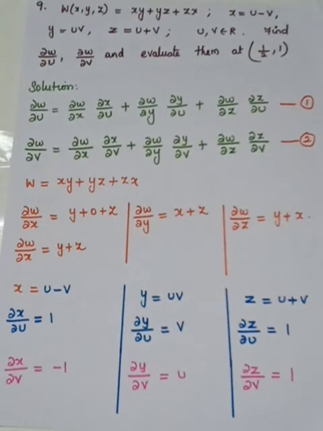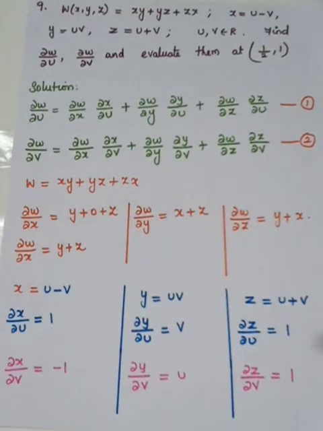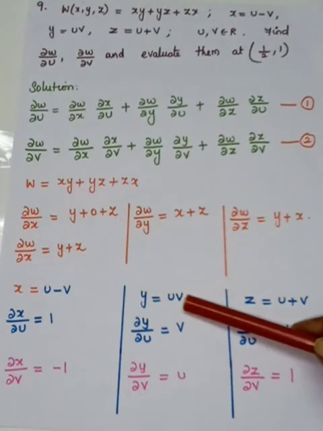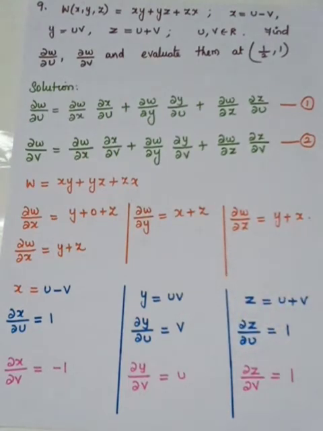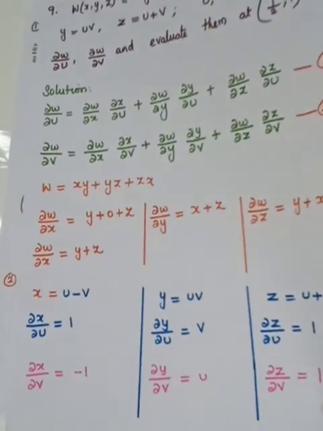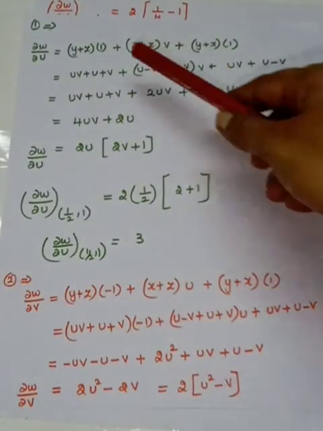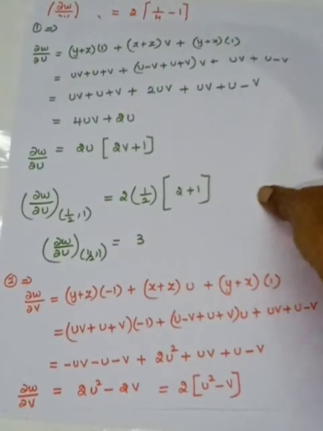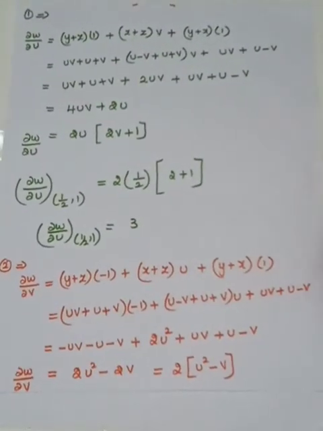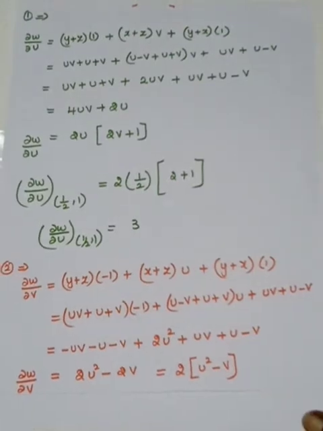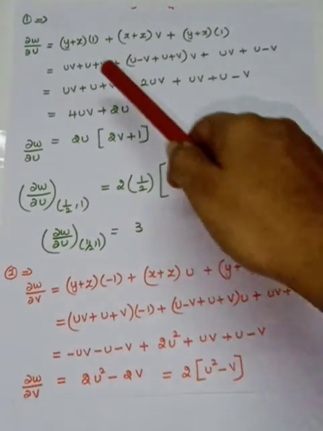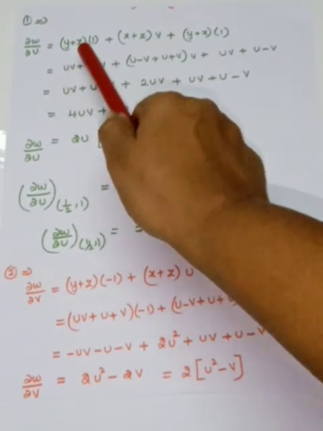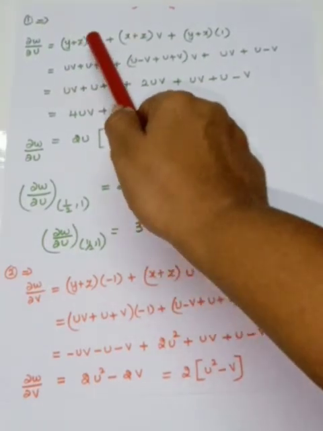So you have to be careful. The first, x and z, are addition and subtraction, so you have to go to each term separately. Here it's a product, so first you have to take the constant out, then the remaining has to be differentiated. After that you have to substitute in the formula. So I have substituted in the formula. So here what should you have? You should have only u and v. You should not have which one? x, y, z. So y has to be substituted as uv. Z is what? U plus v into 1.